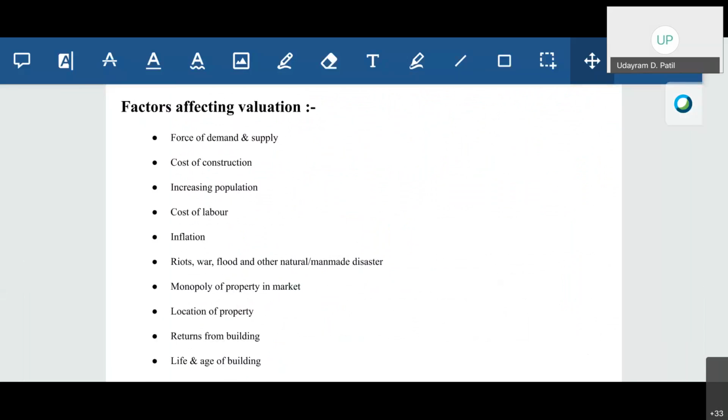Next are the factors. What are the various factors which will affect the